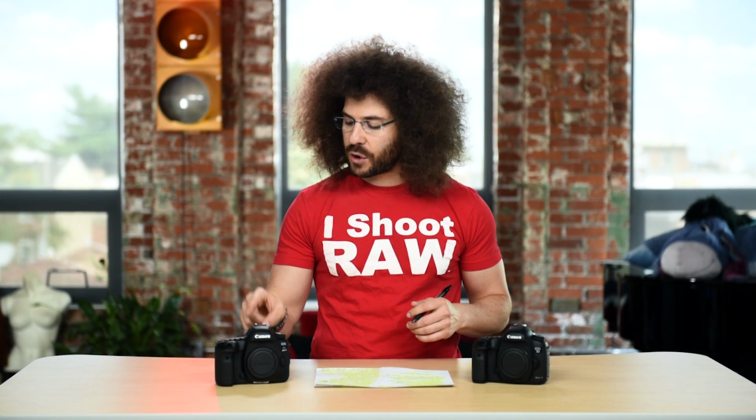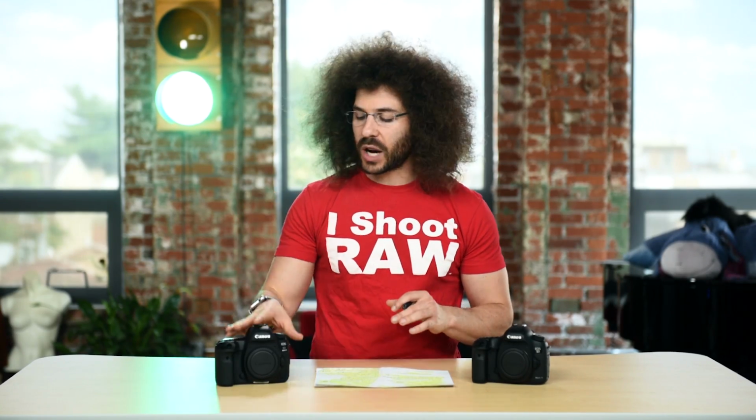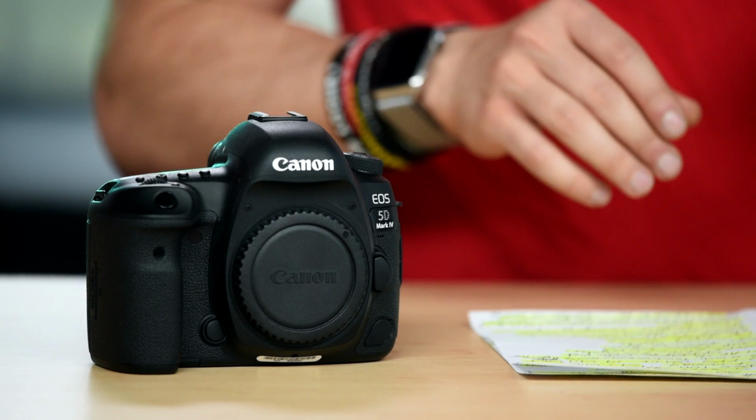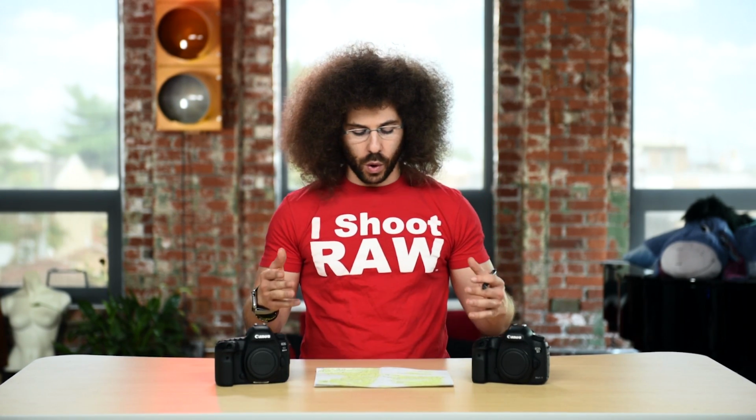Another difference that you'll find with the two cameras is that you have what's called a viewfinder 2 in the newer camera, where you didn't have that in the older one. And what that's giving you is more information when you're looking into the viewfinder. You can have more information about what focusing modes you're on, what ISO you're on, whether you're shooting RAW or JPEG. It's really a pleasure to shoot with. Now that I've shot with it, I absolutely love the new viewfinder. Another minor difference is you'll find better weather sealing in the 5D Mark IV than you will find in the 5D Mark III, and I think that brings us to one of the biggest tests to determine which camera is better,